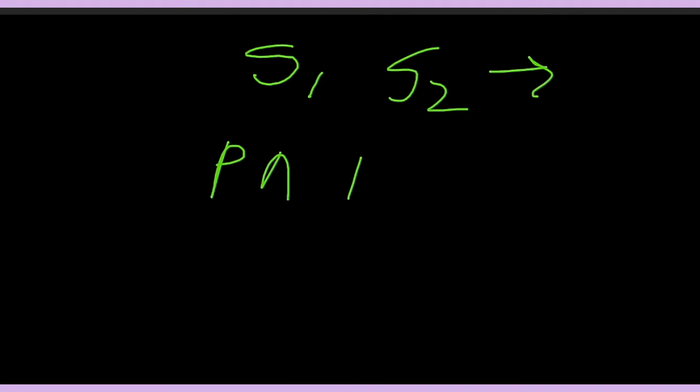Before starting, let's see again what is meant by switches in series and switches in parallel. Here, suppose this is S1 switch and this is S2 switch. These two switches are in series. This position is called series. Then we write P and Q. Here P means S1 switch and Q means S2 switch. Then we write the symbolic form: P and Q.